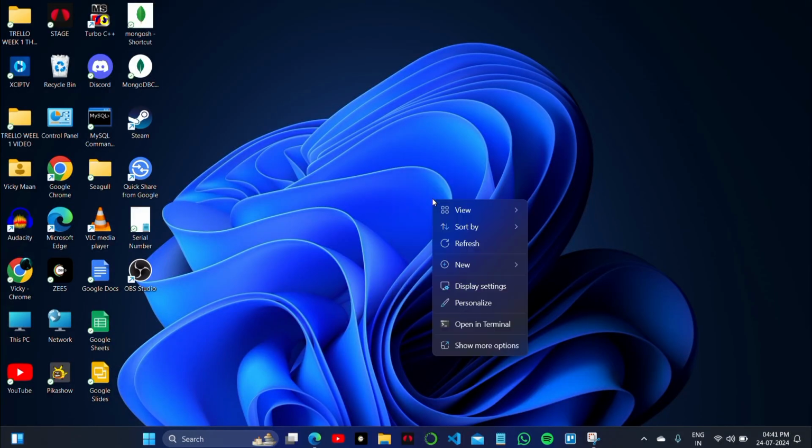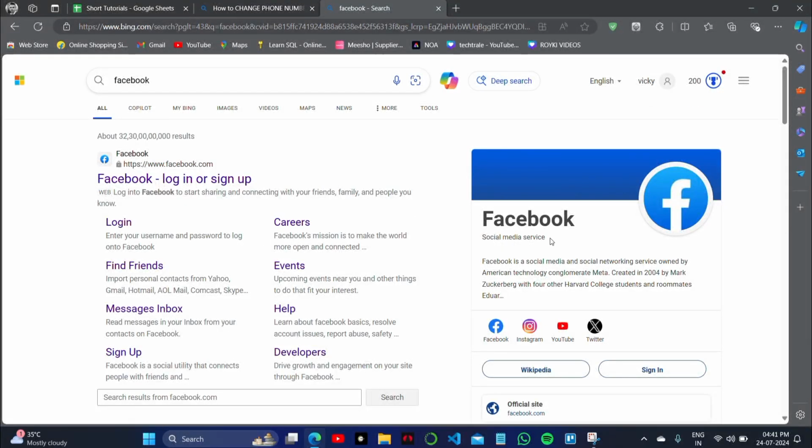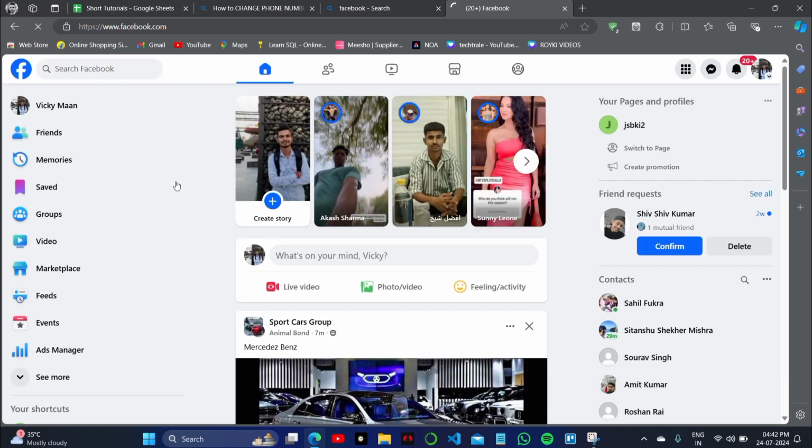How to change your phone number available if you have added any of the phone number to your Facebook account, how you can simply change or update it. To update it, you have to open the Facebook website or the Facebook official application here on your PC, and